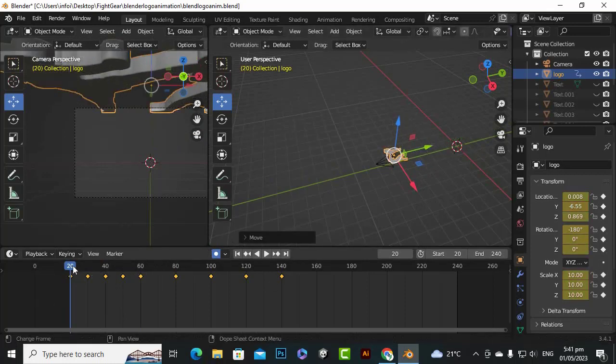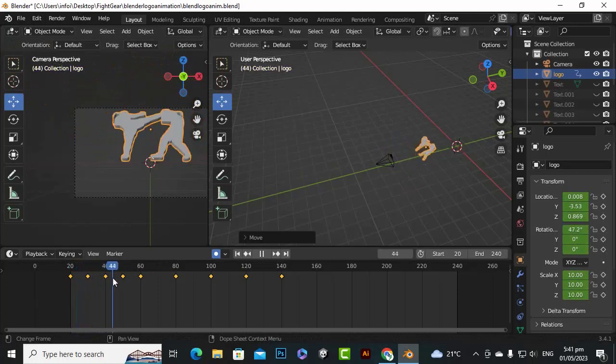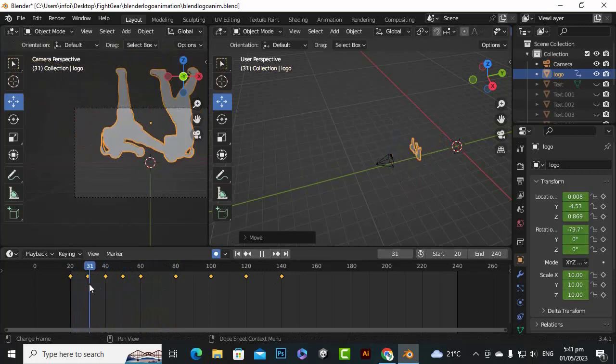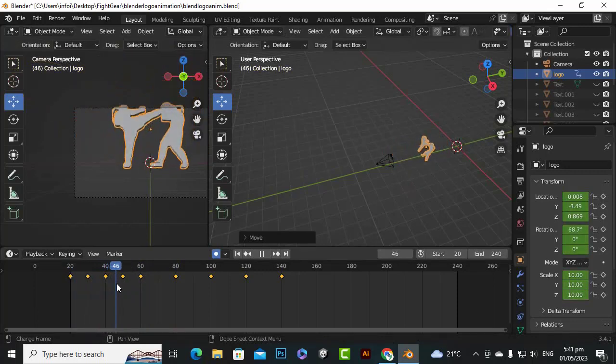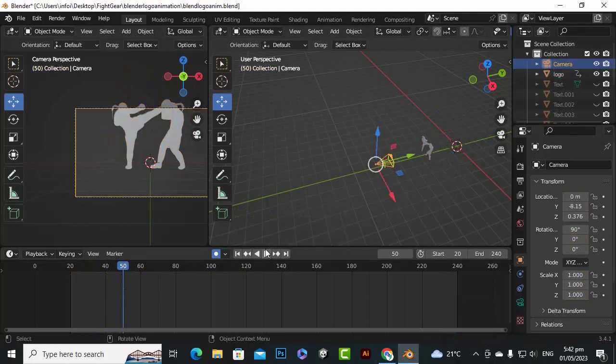So now you can see it's coming from behind the logo, from the camera, like this. But here you can see that it's not capturing inside the camera at this stage, approximately this stage at least. So here at this stage we want to actually focus the camera a little bit. Okay, so let's bring this area here, and let's select the camera, and on the 50th frame we will just